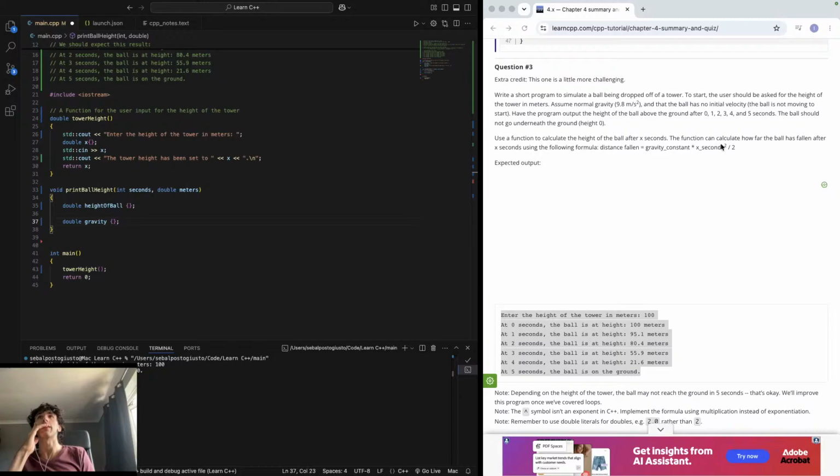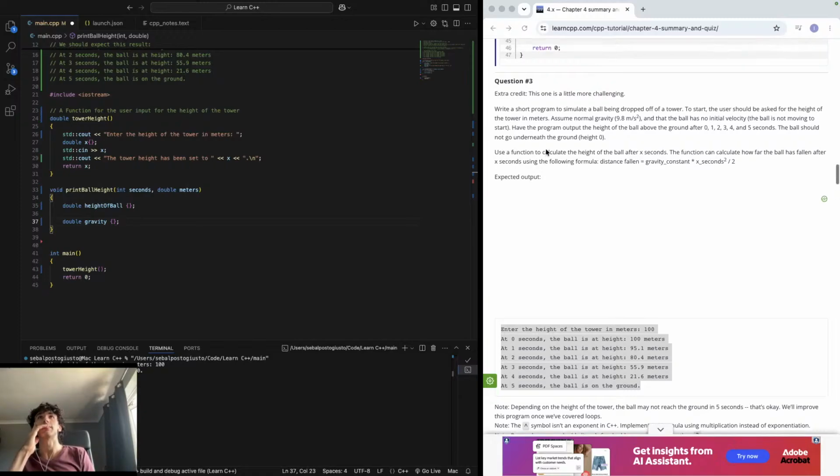The function should calculate how far the ball has fallen after X seconds using the following formula. Distance equals, so distance fallen, so maybe that should be distance fallen, and then we will set